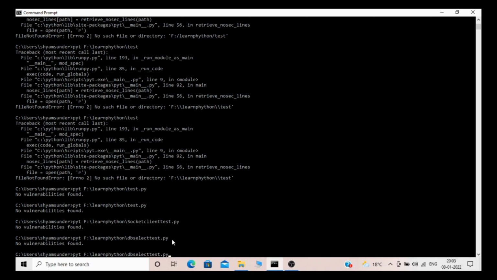To generate a report for the same, it's very simple. What we need to do is the pyt command, the path of the code, and then a space, minus o, and type your file name, like report.txt.